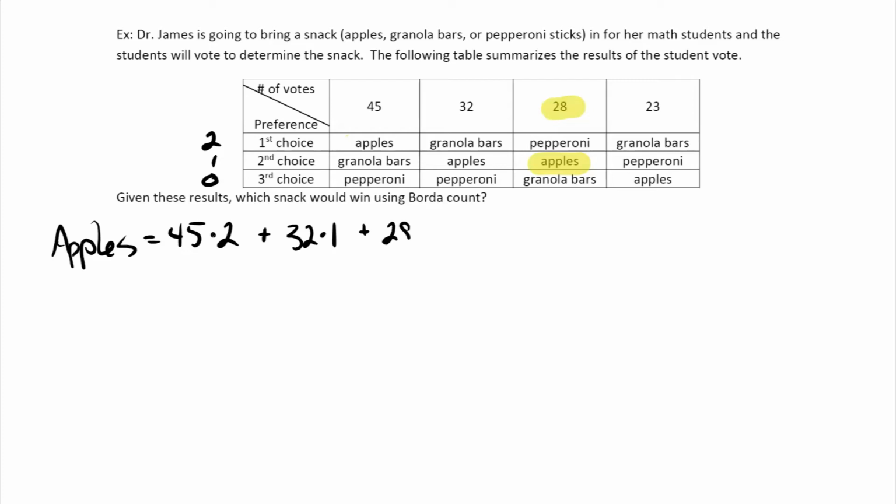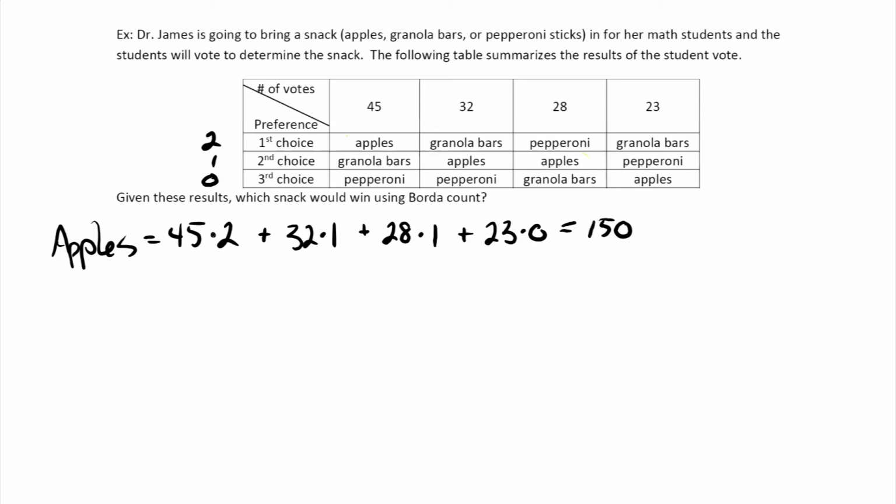So we've got 28 times 1. And then finally, in the fourth column, we've got apples in the last place position, and there are 23 people who voted that way. So we would say that there are 23 times 0, which of course is going to end up being 0. Totaling that up for apples, we end up with 90 plus 32 plus 28,